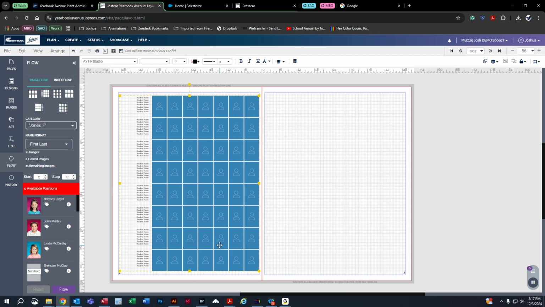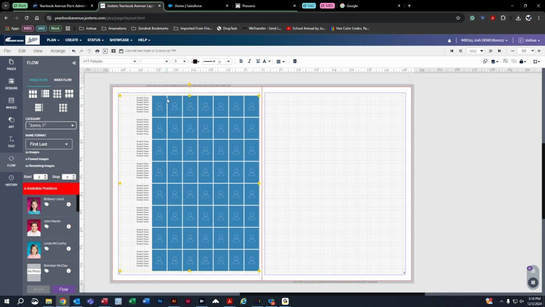And you may see that it's a lot for what little classes you have. Like for this one, it only needs 21 images. This is way more than 21 images. So to reduce the number of spots right here to fit your need, and so you can actually see the students,